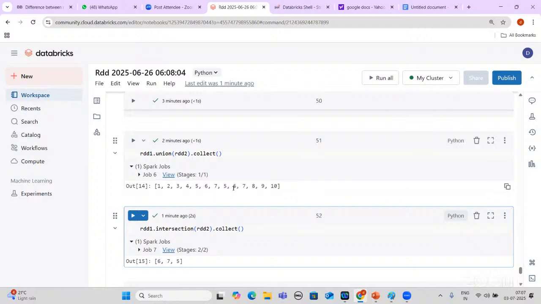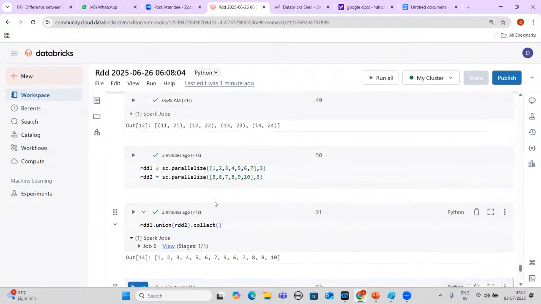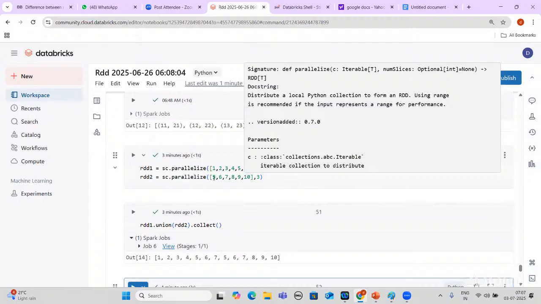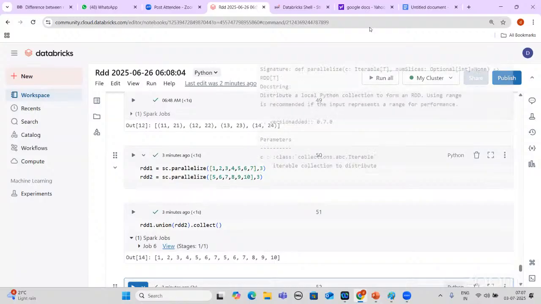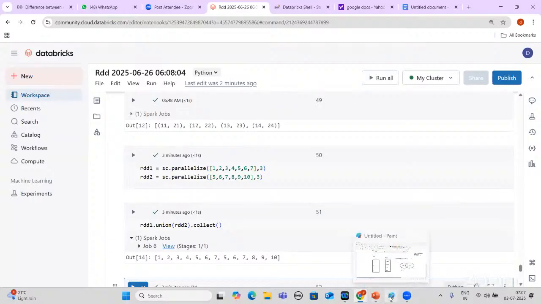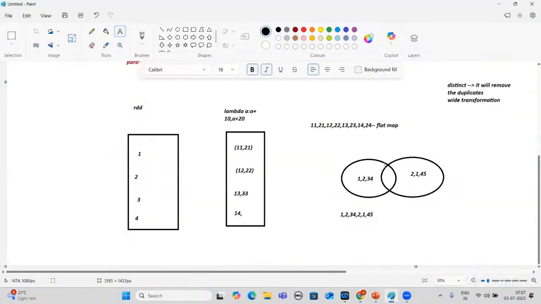Only the intersection has been given. We have 1, 2, 3, 4, 5, 6, 7 and 5, 6, 7, 8, 9, 10. Where is it intersecting? Here: 5, 6, 7 and 5, 6, 7. It is giving the common ones. Intersection is nothing but getting the common ones. You know, right? Intersection, this part.